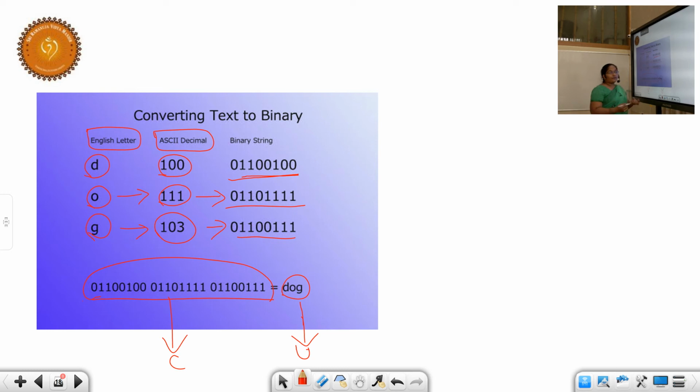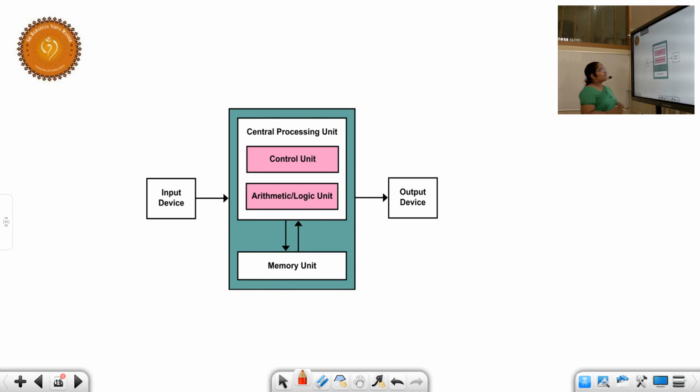It means in a fraction of a second, it is converting the given information using the ASCII table, forming a binary string, converting it, verifying its values and getting out the output. How fast the computer is? Have a look. Just understand how fast the computer will work to give you the output. So next, as I said, we are having 3 units to work the processor. What are they?